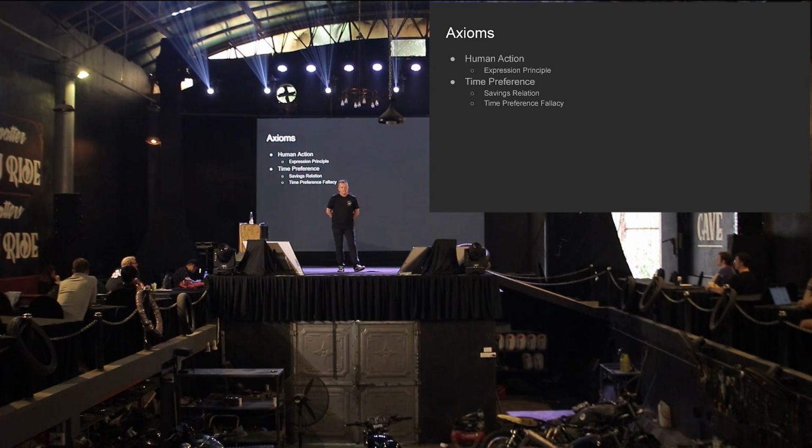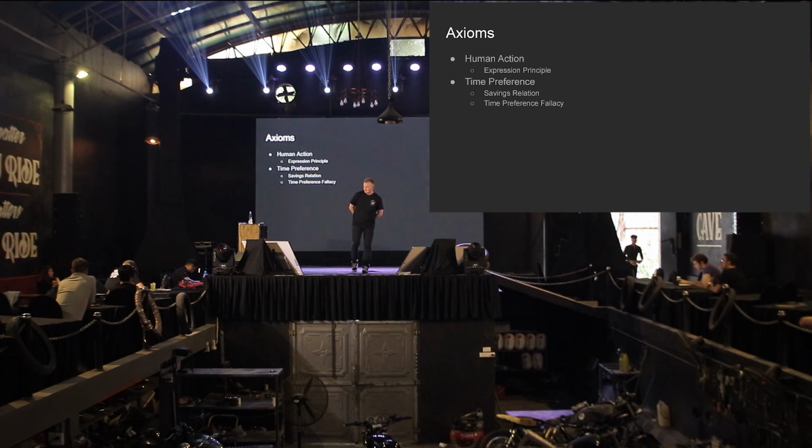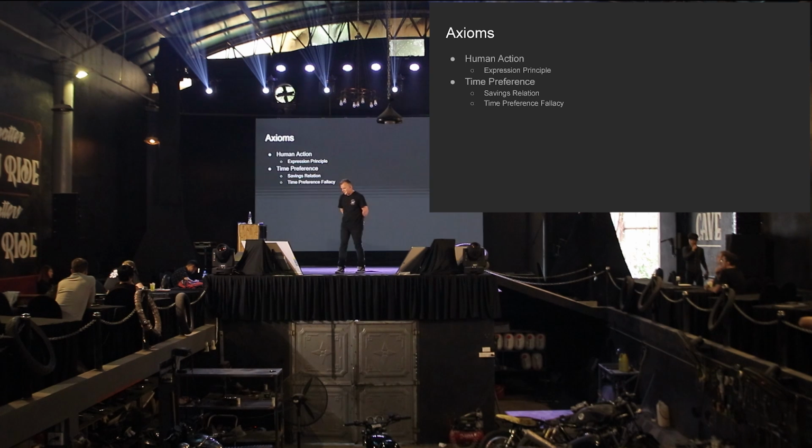So having it later means you don't have it now, right? Somebody else has it, or nobody has it. But if nobody has it, it's not property. Nobody owns it, it's not property. So something you expect to get in the future is worth less to you than something you have now. It's the same thing.